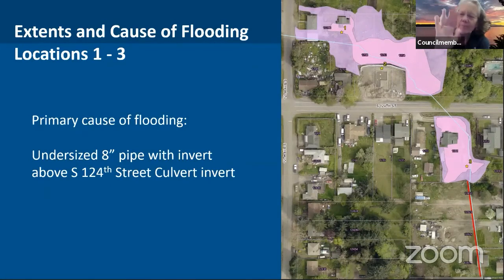Can I ask a question? So who owns the 8-inch pipe? So the 8-inch pipe was, well, I should look to Dan for this, but it crosses